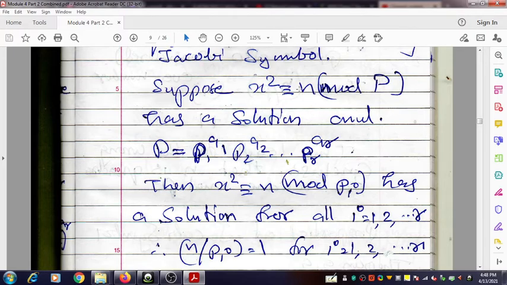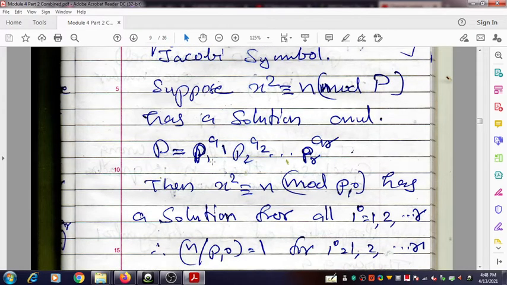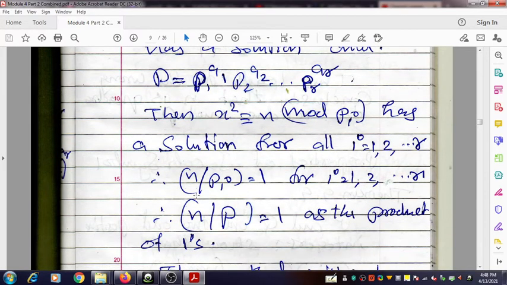It means that x square minus n can be divided by capital P. Since P contains p1, p2, etc. to pr, all these prime numbers, as factors, naturally you can divide the quantity x square minus n by any one of these prime numbers. Therefore we get that (n bar